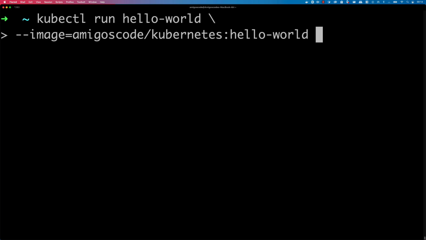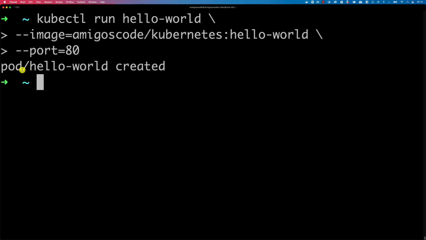And then we also want to say, on a new line, --port=80. And the port here is the port that the container is listening on. So here, if I press enter,